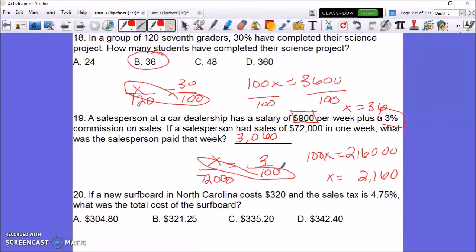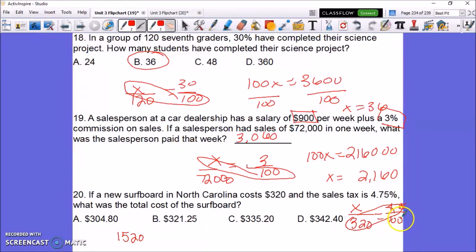Number 20. If a new surfboard in North Carolina costs $320 and the sales tax is 4.75%, what is the total cost of the surfboard? So we need to find the sales tax, which is X, because that's our part, over 320. And we know our percent. All percents go over 100, so that's 4.75 over 100, and we're going to cross multiply. So 320 times 4.75 gives us